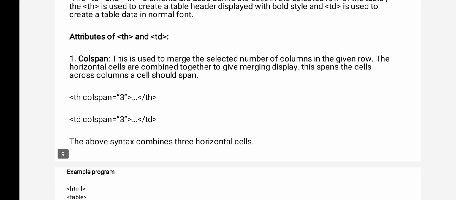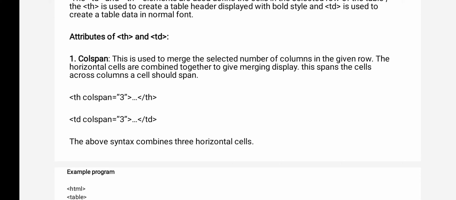Here also we have attributes. First one is colspan. And once again I am reminding you, whatever align, valign, nowrap, width, height attributes I have given, all those attributes you can implement inside the TH and TD also.